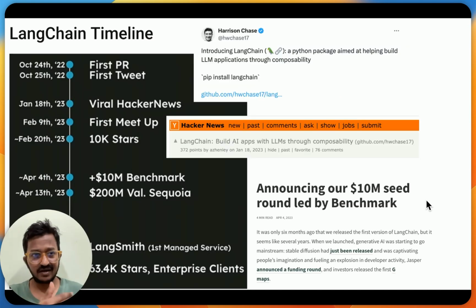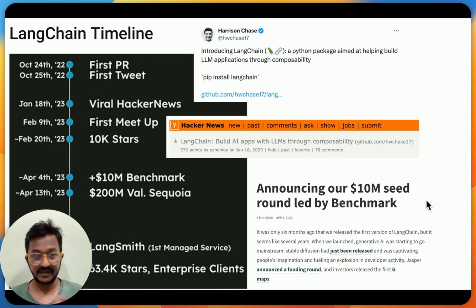And this is a simple LangChain timeline, how they started, when they did the first PR, the first tweet by Harrison Chase, as you can see on the screen. He just tweeted introducing LangChain, a Python package aimed at helping build LLM applications through composability, and pip install LangChain. And on Jan 8th, somebody shared this on Hacker News, which went kind of viral.